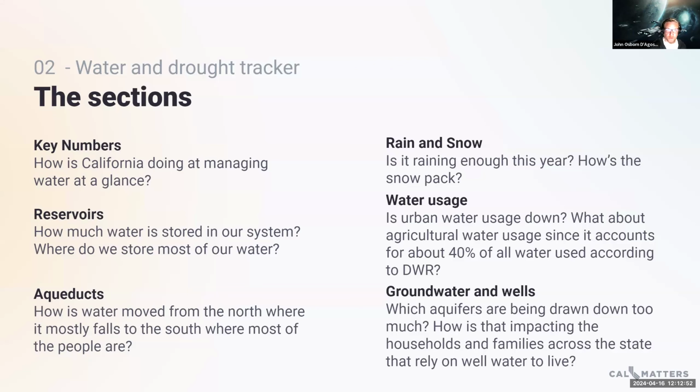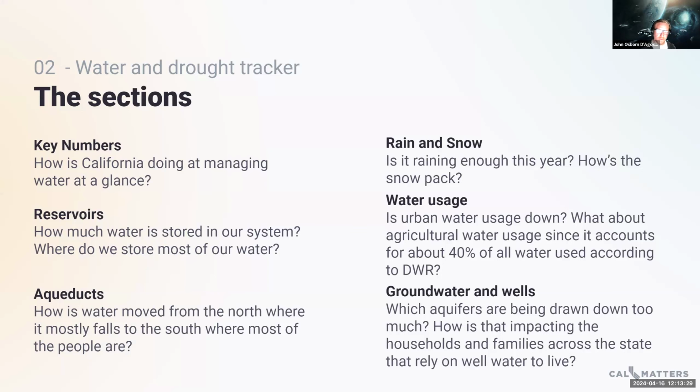Reservoirs. Clearly, reservoirs are very important for California. They store water over drought years. And the data there is really good. It's reliable. We decided with that we were going to give both an overview over time, how much water has been collected over the years, just to track general trends. And also we have a tool just looking at the 12 largest state-owned reservoirs that gives you some context about, okay, here's where we are right now, here's how much water is in the reservoir, how does that compare to